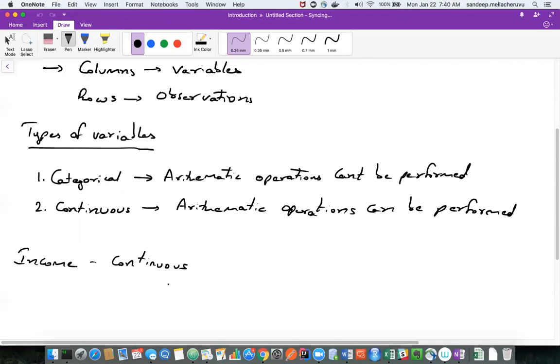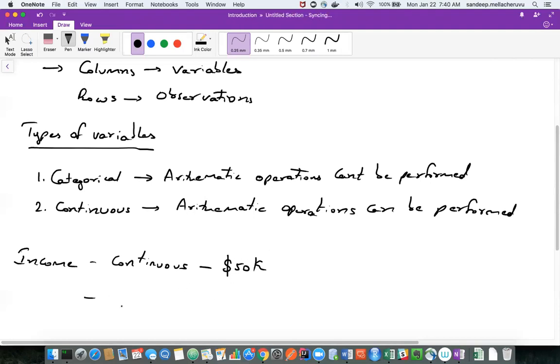Maybe if we are doing different sets, like suppose the salary is less than $50,000. Yes. Let's say the yearly salary is 50K. This would be continuous data.